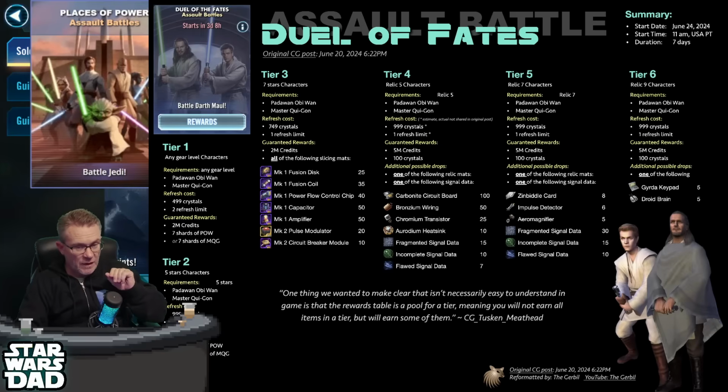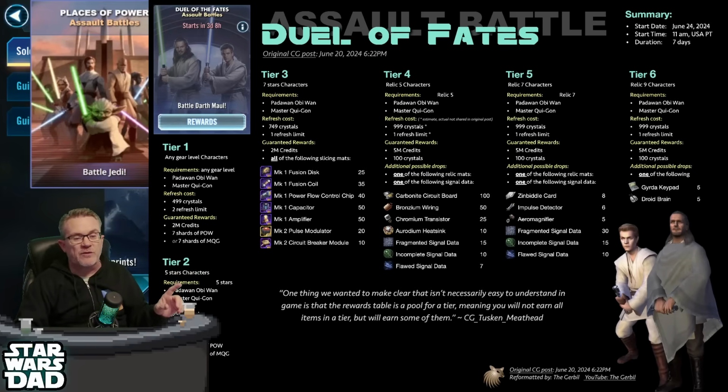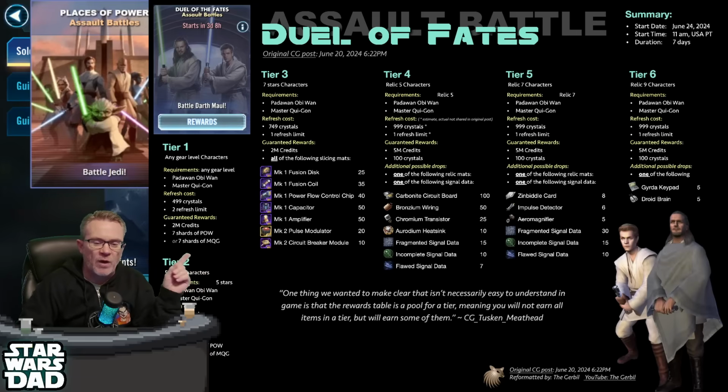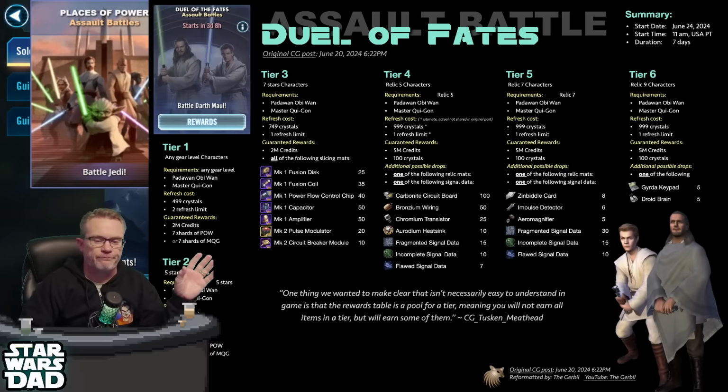Now, tier 4, 5, and 6. Now we're jumping straight to relics. You gotta have Relic 5 for tier 4, Relic 7 for tier 5, and Relic 9 for tier 6. The payoffs, these do pay off over time. You look at tier 4, you're gonna get 100 carbonite circuit boards, 50 bronzium wiring, 25 chromiums, or 10 erodium heat sinks. And then you can get 15 signal data, 10 or 7. That is gonna pay off after...